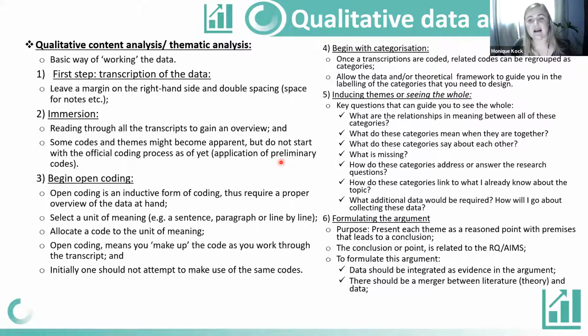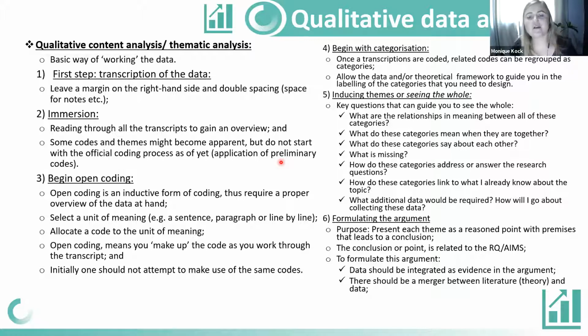Here, the key questions can guide you, for instance. What are the relationships between these categories? What do these categories mean when they are together? Because we want to see, if you are creating a construct, how is it defined? In order to see how it is defined, you would need to note down what the codes and categories are within. And if you have noted the codes and categories, you would need to state, how did I create these codes and categories to form this theme, or to form this idea or story that I'm trying to convey?